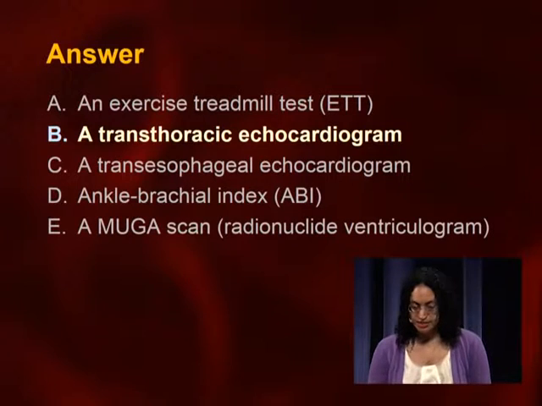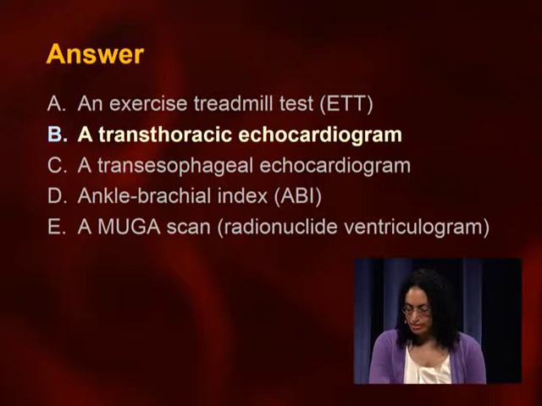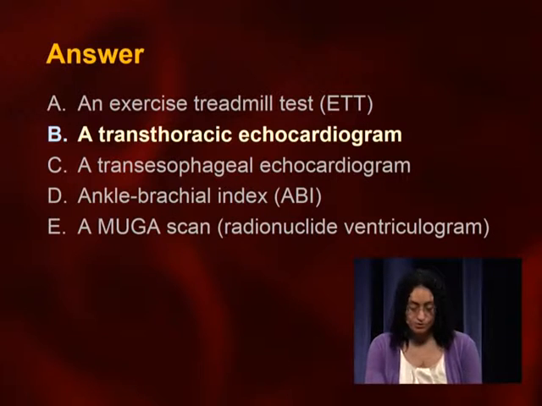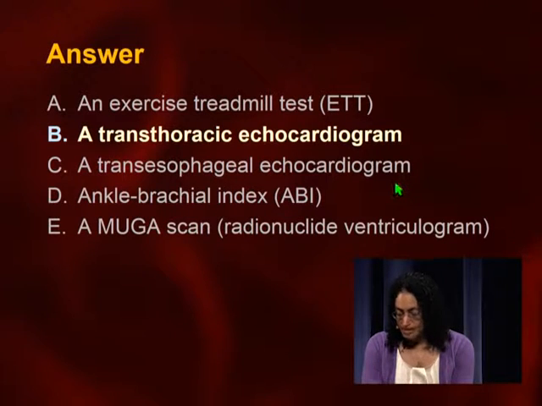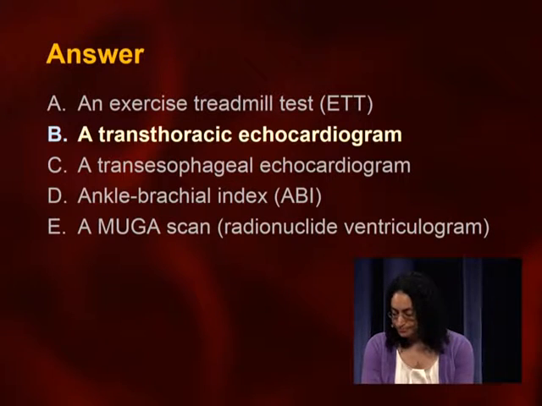Good. The correct answer is a transthoracic echocardiogram, and most of you got that right. This is another example of how echo findings would show up on the boards, or how echocardiography itself would show up, and that's knowing when and how to order it. So for this patient, you're investigating a pathologic murmur. A 2 out of 6 holosystolic murmur is not a normal finding. And the first line diagnostic test for a murmur like that is a transthoracic echo. Not a TEE, which is reserved primarily for endocarditis and cardiac shunts, like a PFO or ASD. For basic murmur investigation, and you do suspect ischemic MR in this case, by the way,